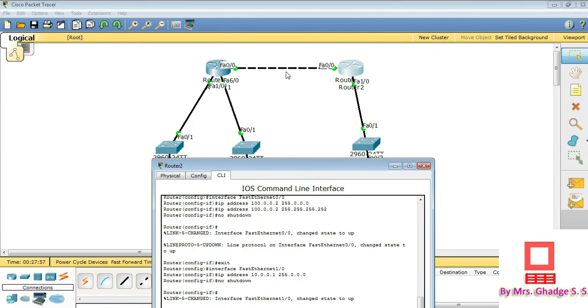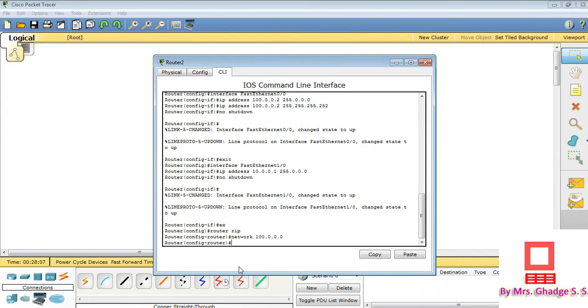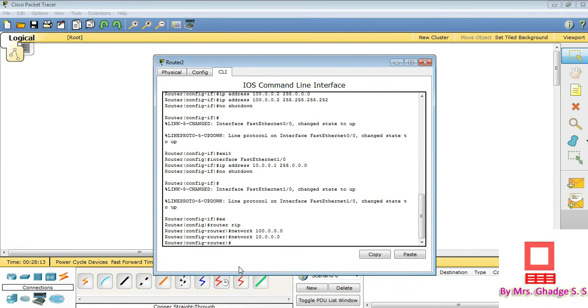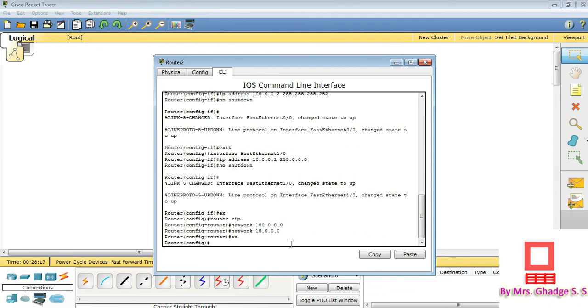You can see in this diagram that FA0/0 is the first network, and the second network is of interface FA1/0, which is 10.0.0.0. So we write the second command, network 10.0.0.0. In this way we have configured our RIP protocol.